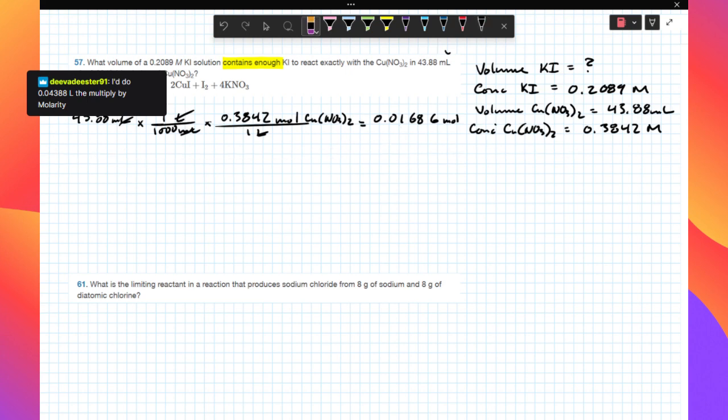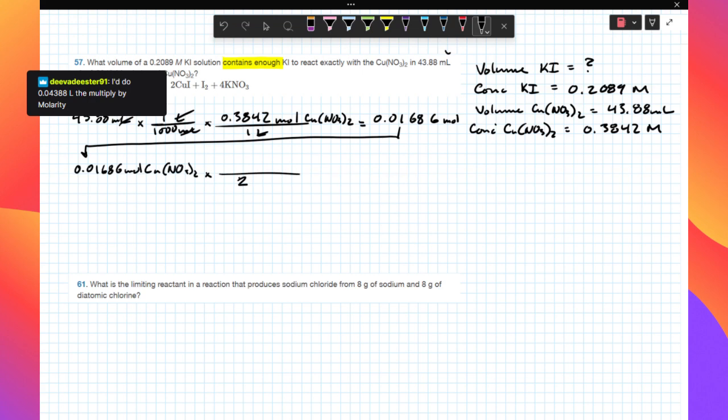I want to be a little bit more tidy here. So 0.01686 moles of copper nitrate. From there, we know